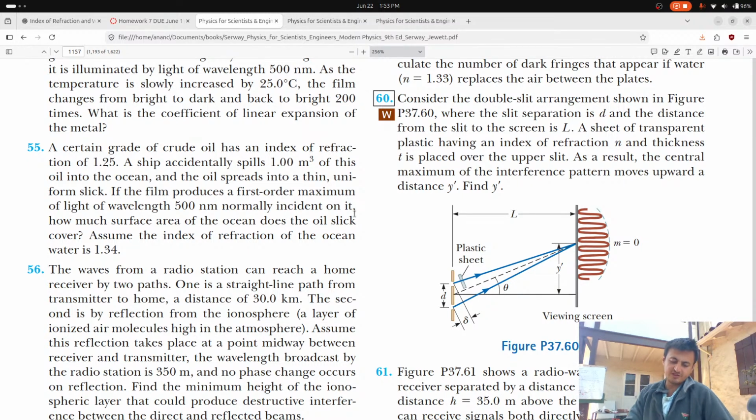so the width over the speed of light is equal to the time in no sheet. And then W over V is equal to the time with sheet. And this is equal to W over C over N, which is WN over C. So then the difference in time